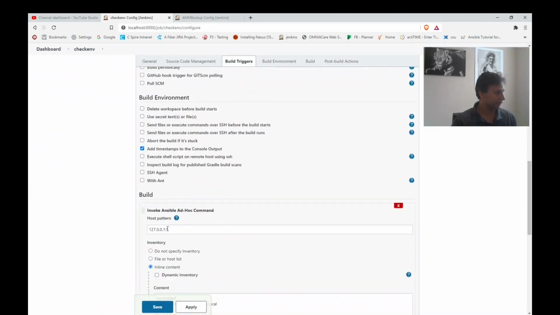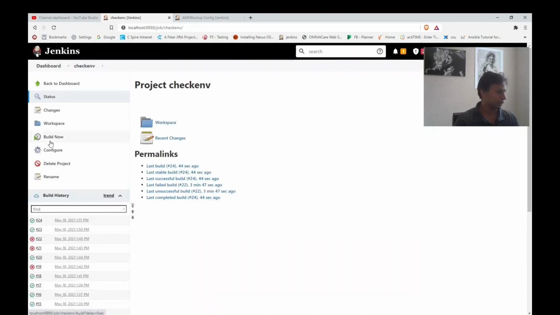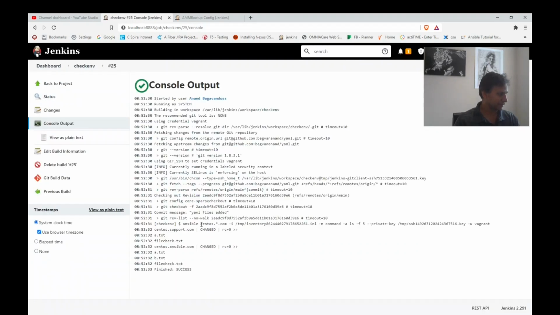Will it be able to identify? CentOSstar.com. We are trying now. Actually, the chances are very less, less likely to work, the reason is it is not given in that host. Yes, the Jenkins.com didn't work, but it is able to catch CentOSsupport.com and CentOSAnsible.com.